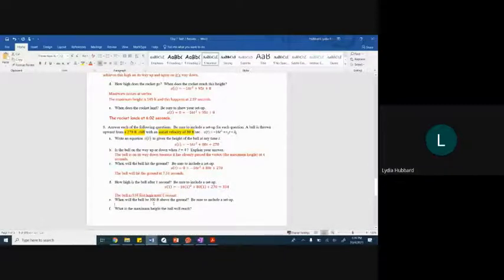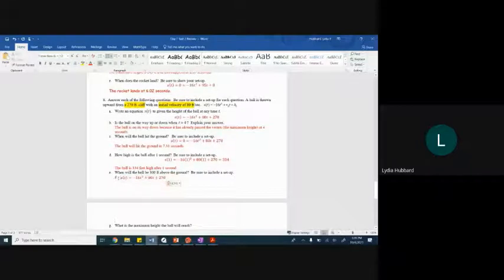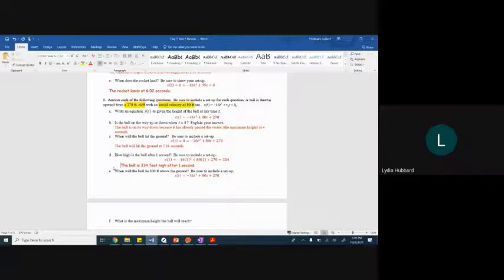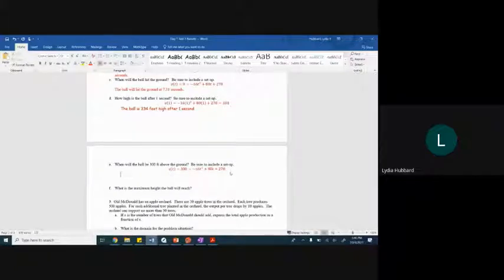So then it says, when will the ball be 300 feet above the ground? Be sure to include setup. So we'll set up the same way using the same equation, but this time we want to know where our height is. Now we're going to set that height equal to 300 because that's what we want to know. We want to know where the ball will be 300 feet above the ground. So this would be our setup, but this isn't quite good enough